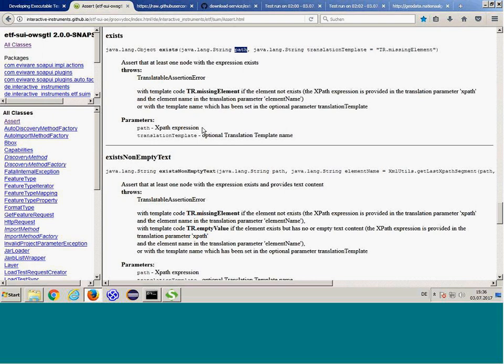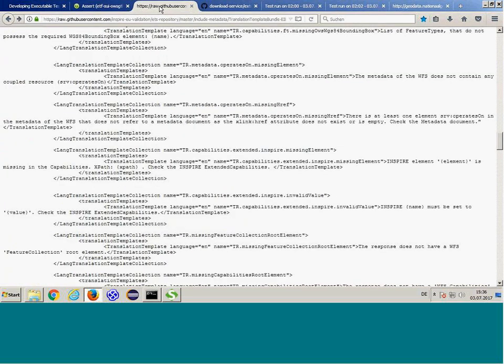One is the XPath expression, and the second parameter is the translation template. The translation template is a reference to an error code, and this reference is resolved by the ETF test framework.